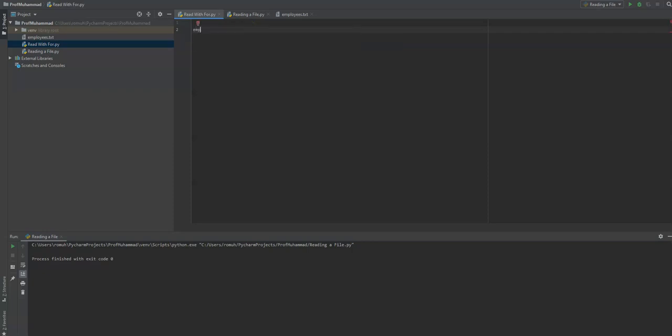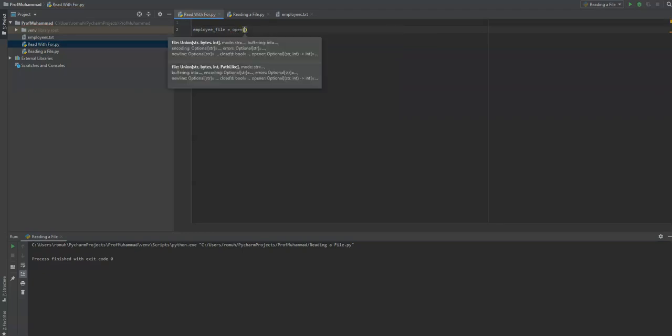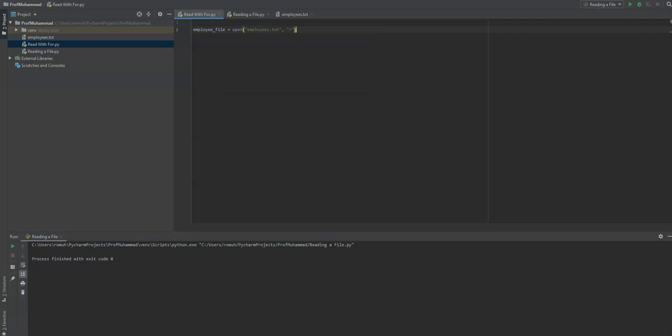Again, we'll create a variable employee file and set it equal to the actual file that we'll open here, employees.text, and then we want to read. We use the read mode, and we'll use a for loop. Here we'll set up a guard variable, and then for employee in employee file, we'll say readlines,